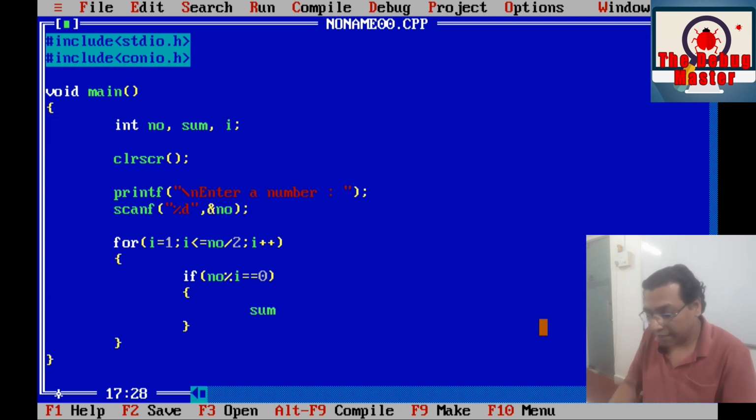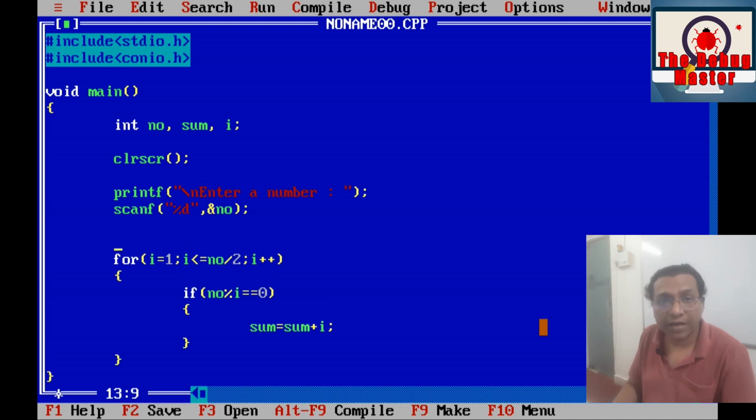So here we shall write sum is equal to sum plus I. But as we know, we have declared sum but have not initialized it, which means sum has a garbage value, and in the first iteration the garbage value would be used.